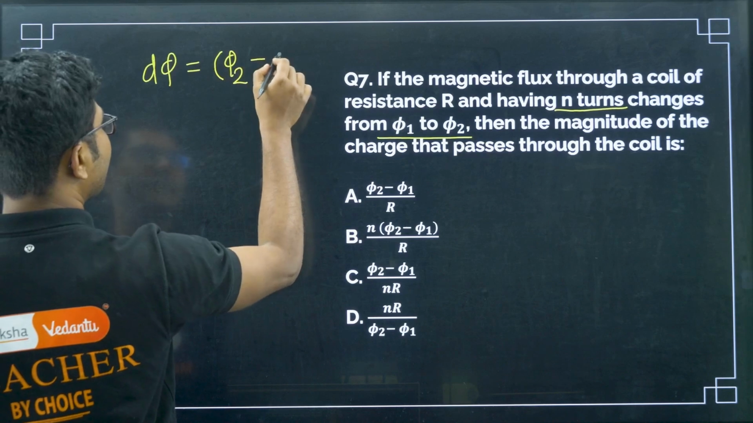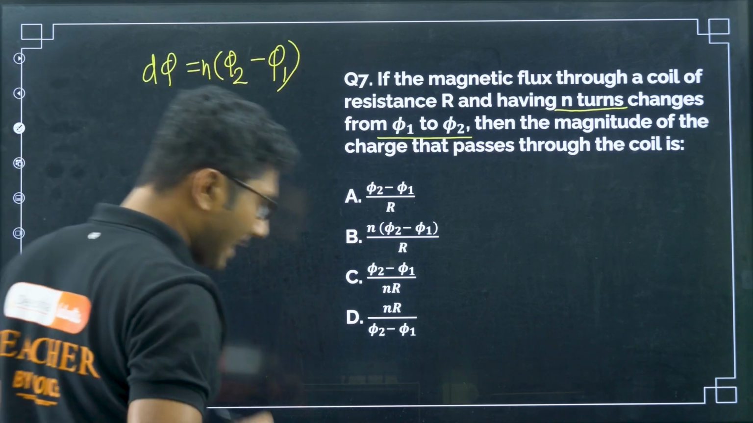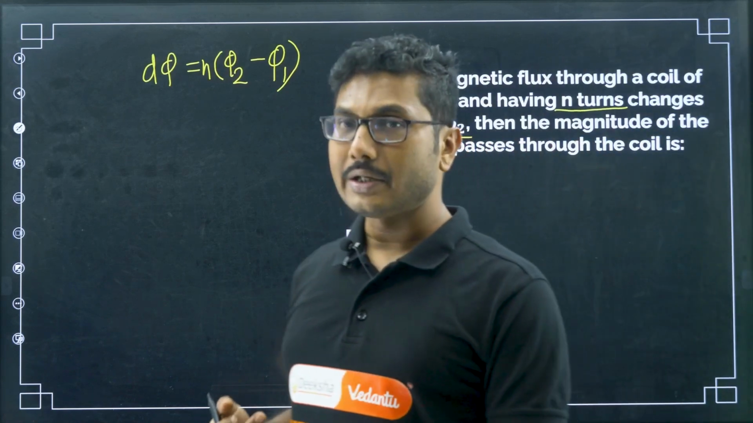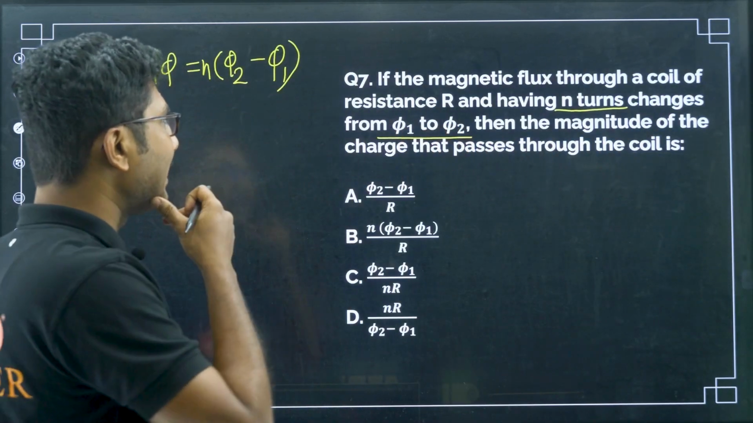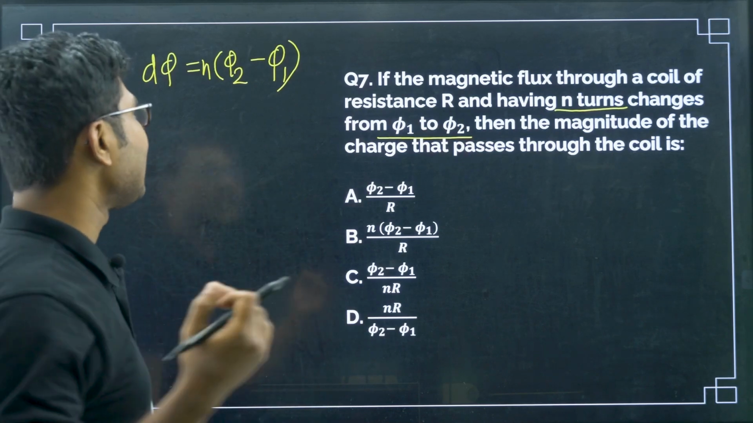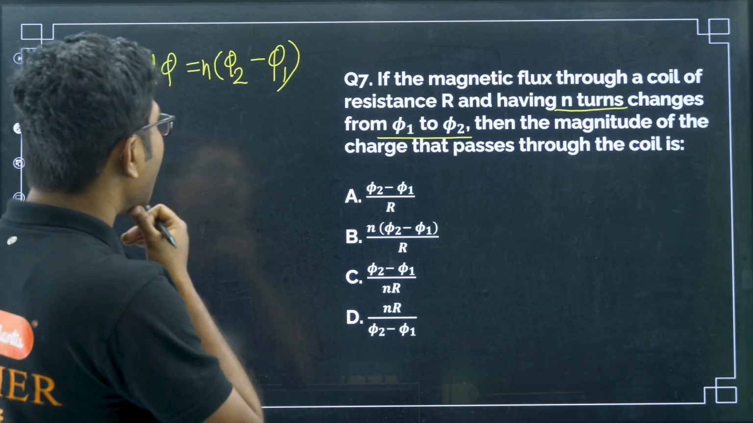phi 2 minus phi 1, okay, and you have to multiply with n because there are n number of turns, each turn has flux linked with this phi 2 and phi 1, right. So, it changes from phi 2 to phi 1. So, d phi will be n times phi 2 minus phi 1 and the magnitude of charge that passes through it. So, what is the